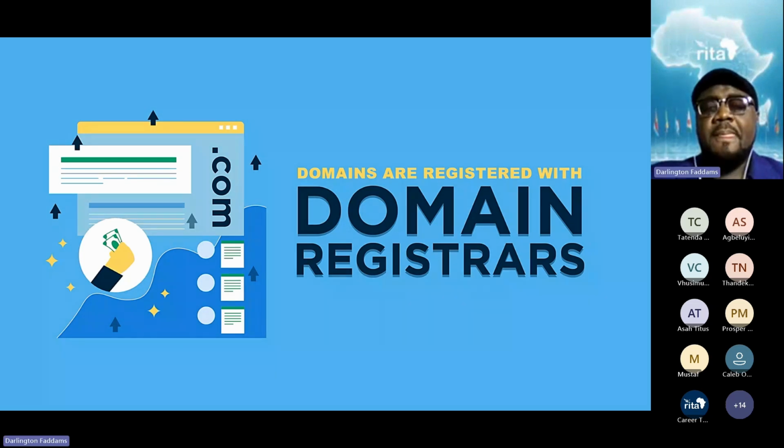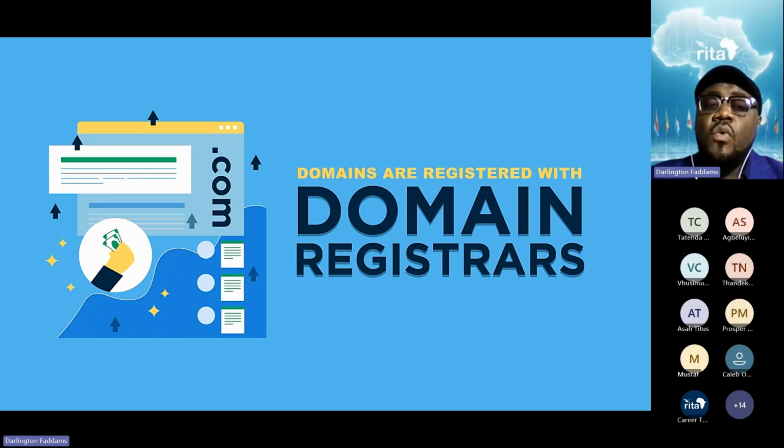These registrars are companies whose business it is to serve customers. This means that if you need a domain name, instead of going directly to ICANN, you need to go to these accredited registrars.